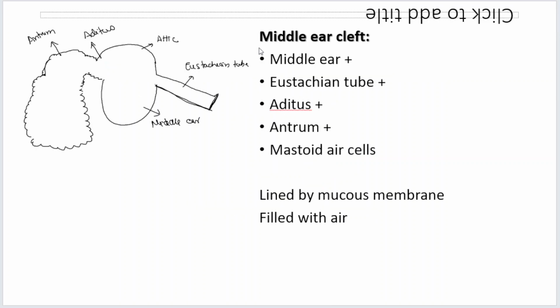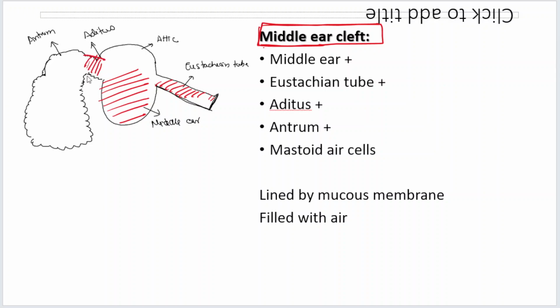Now coming to the middle ear cleft. What we call the middle ear cleft is not only the middle ear. This is the middle ear proper. But the middle ear cleft includes the eustachian tube. It includes the aditus. Aditus is nothing but a pathway, a kind of doorway